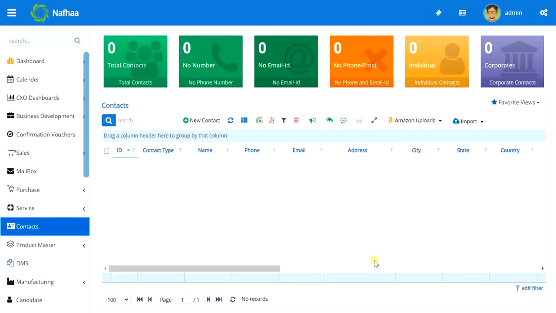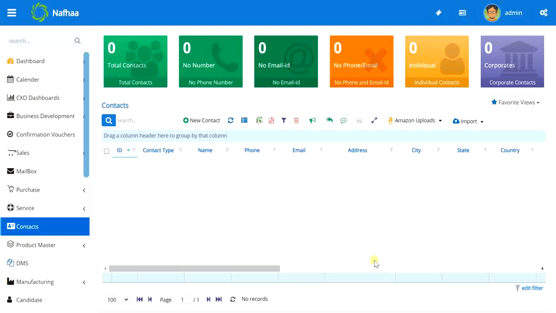So this is the view which you, as a logged in user, want. Suppose another user wants only name, email and city fields to be visible. He can go to the column picker, select that many columns and click on OK, and that view will be saved for that user as his preference. NAFA will take care of that. If you have 40 or maybe 10 users using the application, each one can have their own preferences and their own view of how they want to view the data.